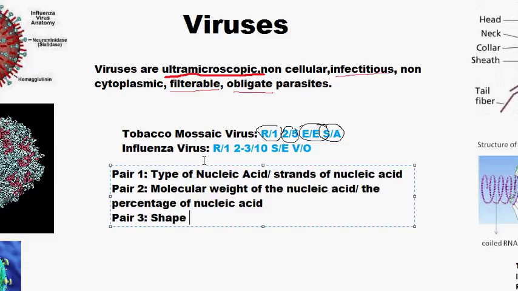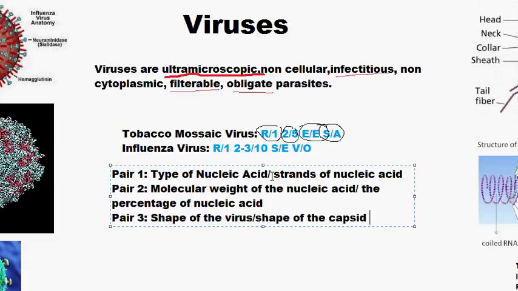Shape of the virus. And then what is the other part of this pair? That is the shape of the capsid, which is the coating of the virus. There can be a different shape for the virus and for the capsid. That can be possible, and most of the time your common sense might say that it is the same, but it can be different. So you can see this time in the tobacco mosaic virus both the shapes are the same, but in the influenza virus they are different. So I will tell you the meaning of the code. First let me write down the shape of the capsid.